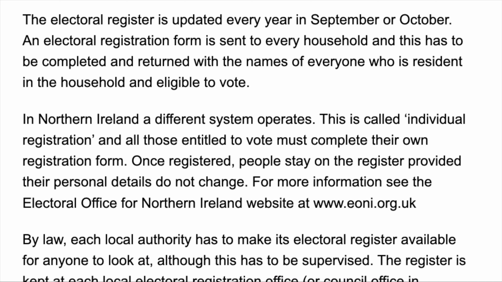This is called individual registration, and all those entitled to vote must complete their own registration form. Once registered, people stay on the register provided their personal details do not change. For more information, see the Electoral Office for Northern Ireland website at